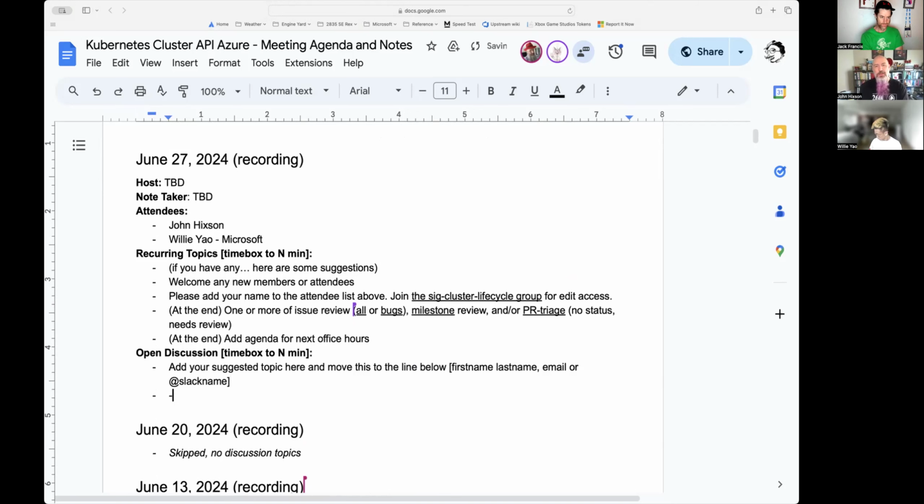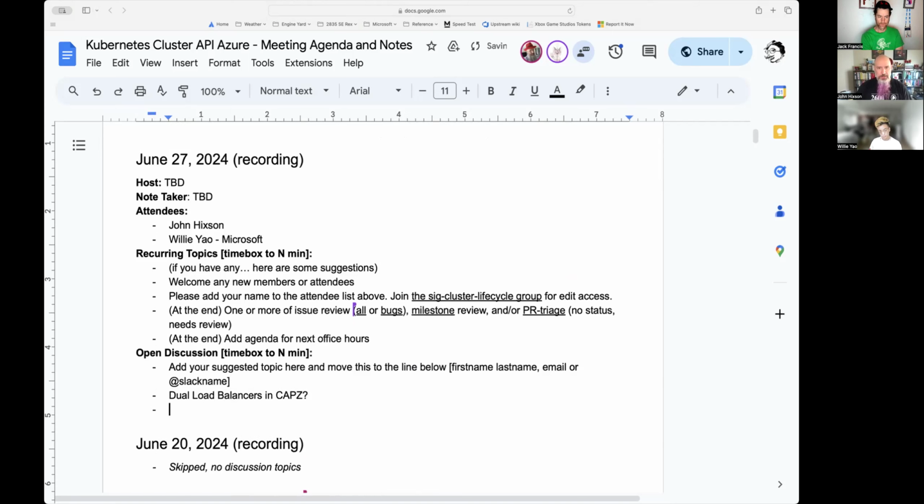Okay. Well, I work on the OpenShift installer team, and in OpenShift we use two load balancers. We use a private, internal load balancer and an external load balancer, each of which load balances to the internal API and external API. Right now, CAPZ only supports a single load balancer, and currently I've devised a very hackish way to get OpenShift to work the way we want it.